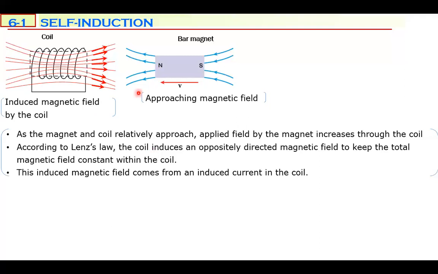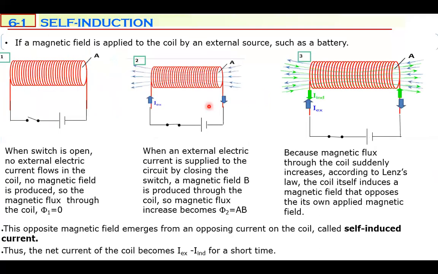We are not going to use an external magnetic field. We are going to use the coil itself. The coil itself will increase the magnetic field and decrease the magnetic field. How? If a magnetic field is applied to the coil by an external source, such as a battery, so if I connect the battery to this coil, so initially